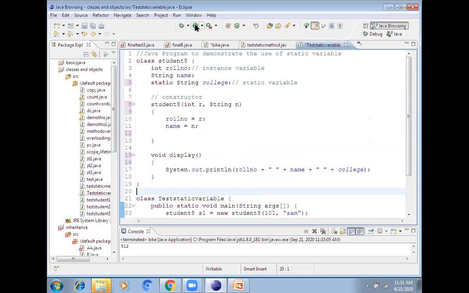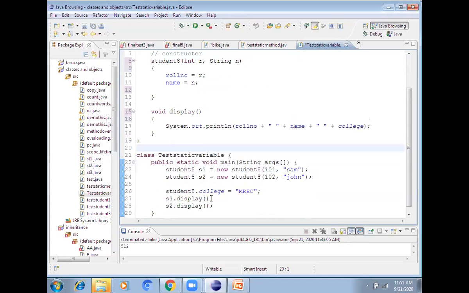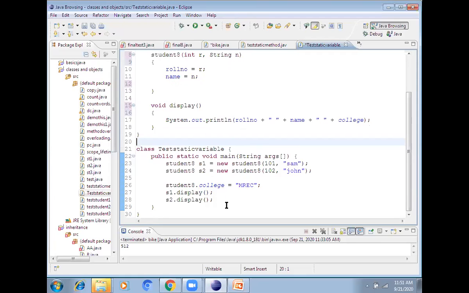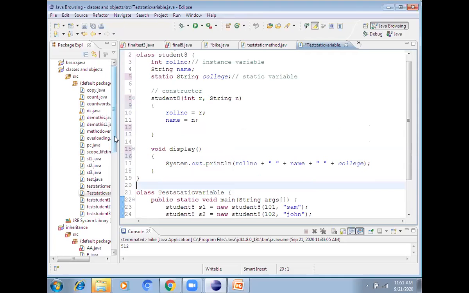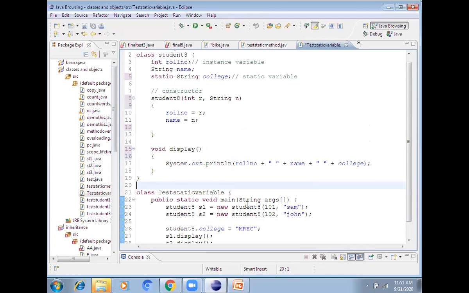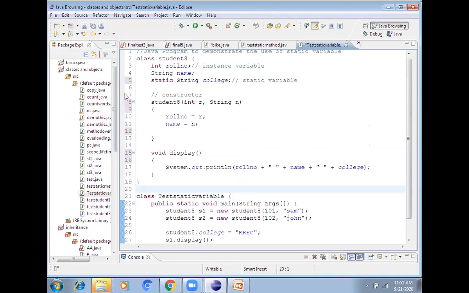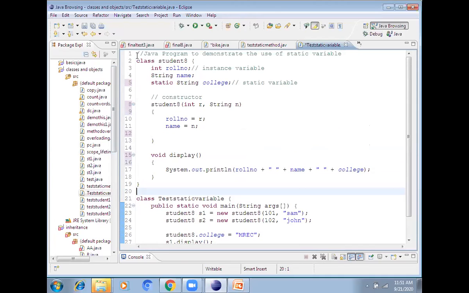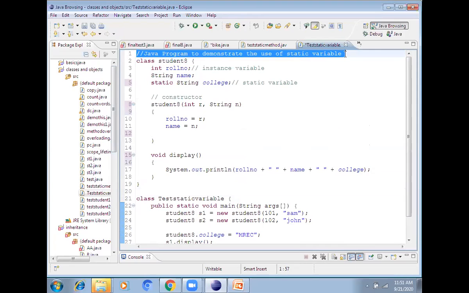So execute this. Can you predict the output? One of you, can you guess the output? Observe the code. I'll remove this comment.